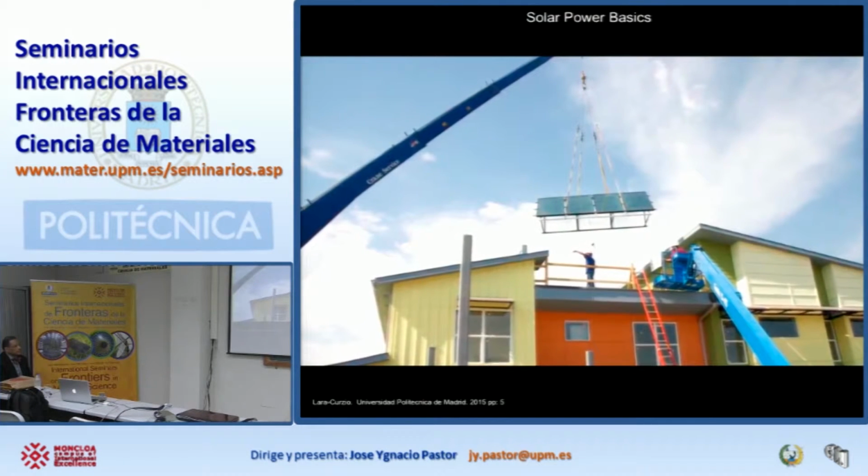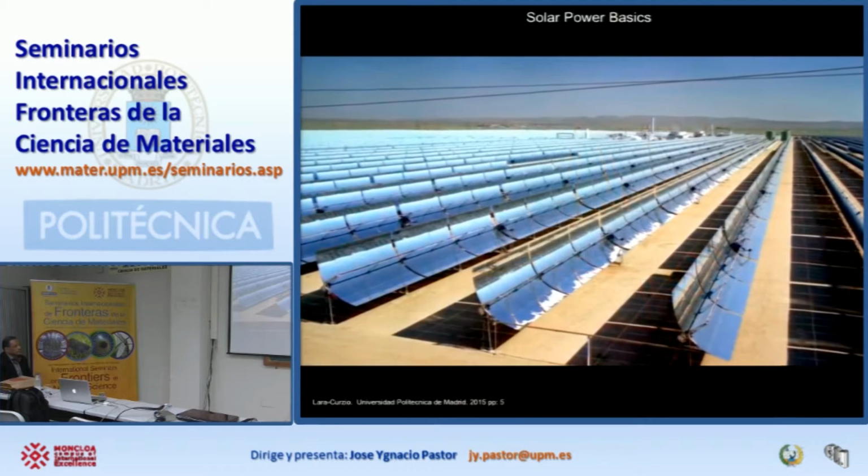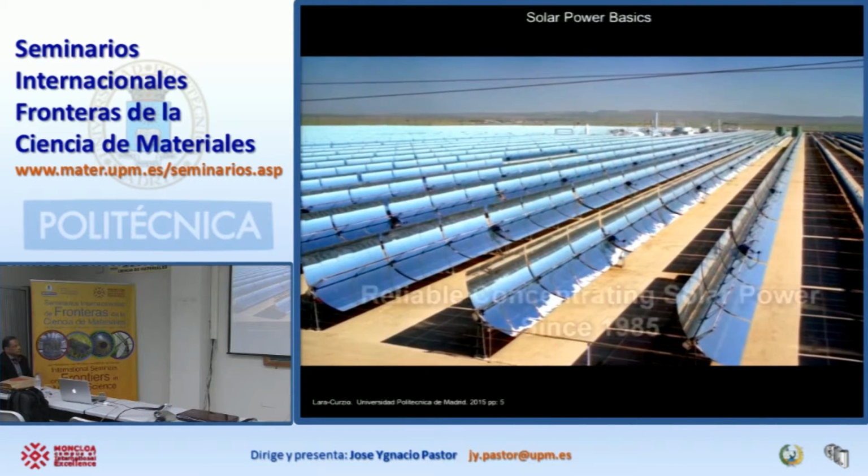Today's solar technologies are proven, reliable, and increasingly affordable. Large-scale concentrating solar power systems have operated continuously